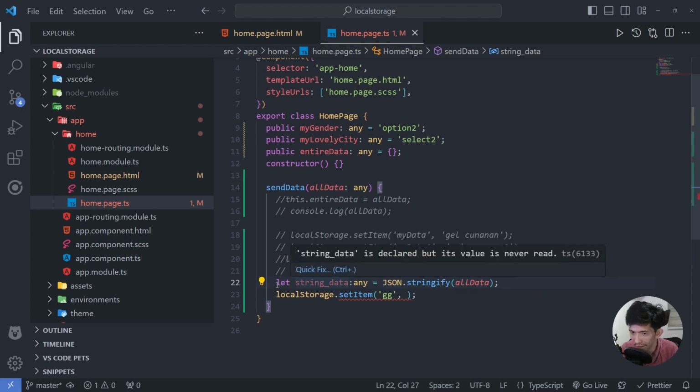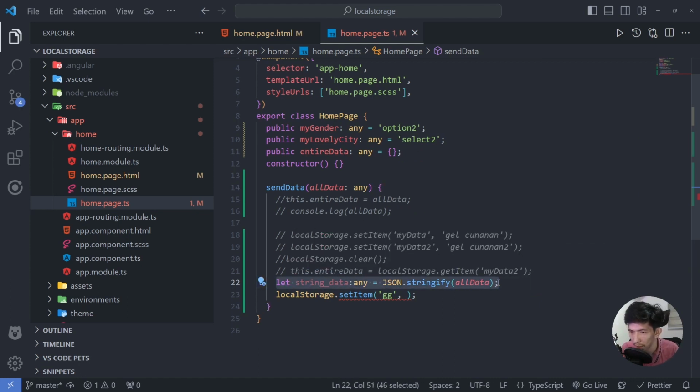So basically, this line number 22 means we convert all of all data into a string, and once converted, the highlighted conversion, we save or assign it to string underscore data. So now, the string underscore data is what we will put inside the